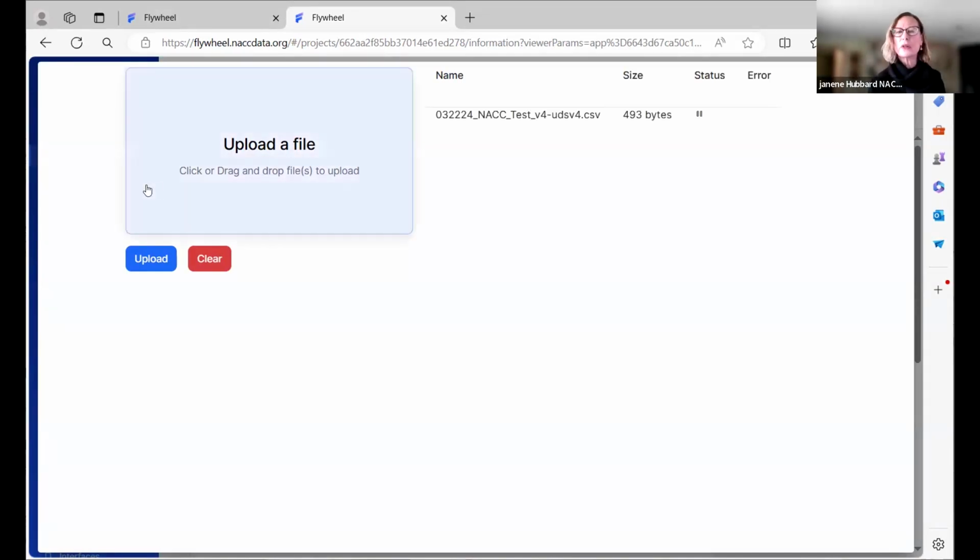Once you've added the file, you can name this file anything you like, but the only thing that's required on this CSV file is that after the name, it's followed by the suffix -UDSv4, and then it'll know where to put the data. You'll click upload,